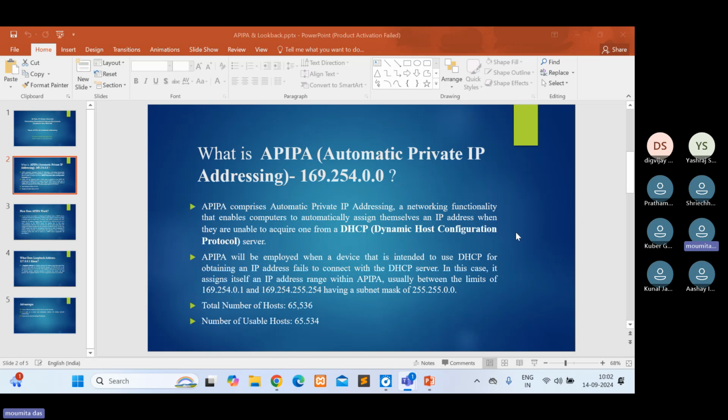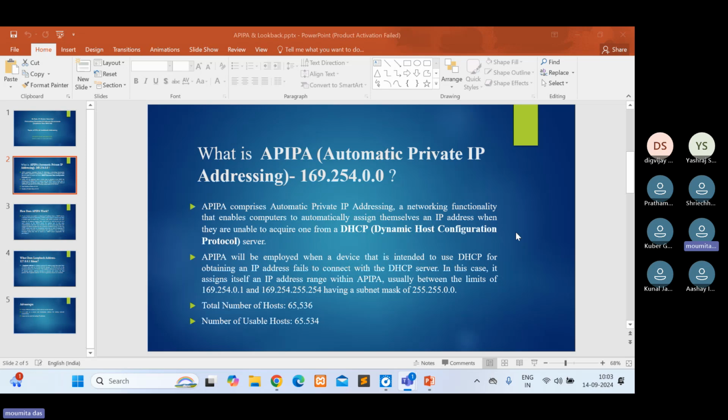In this case, it assigns itself an IP address within the APIPA range, usually between the limits of 169.254.0.1 to 169.254.255.254, having a subnet mask of 255.255.0.0.